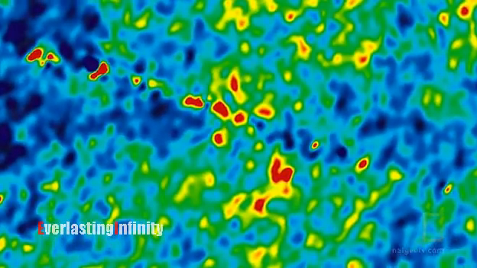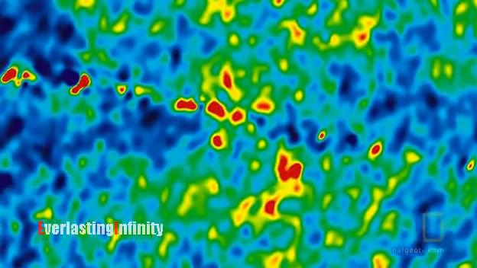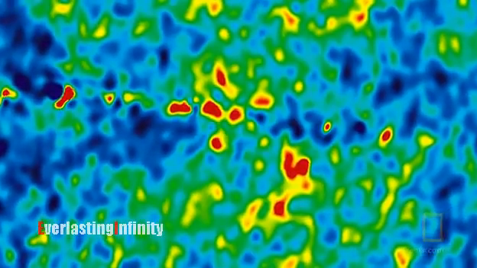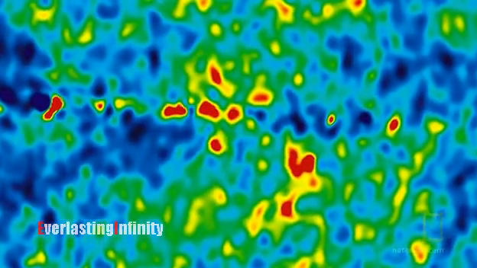It takes a powerful force to grow something so small into something so big. It's gravity that amplifies these ripples. And in fact, we need an additional source of gravity to amplify those ripples to form galaxies like we see today. And that additional gravity comes in the form of dark matter.